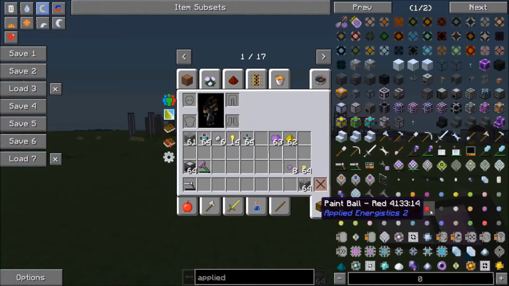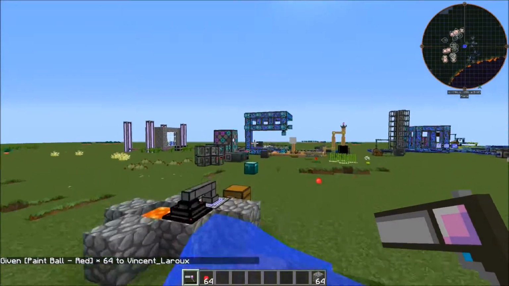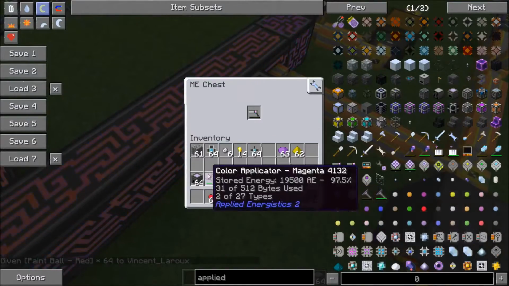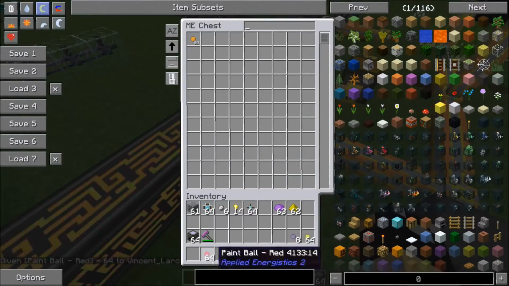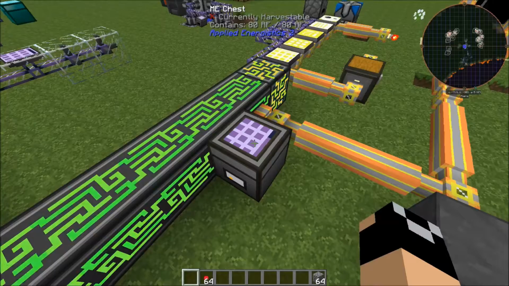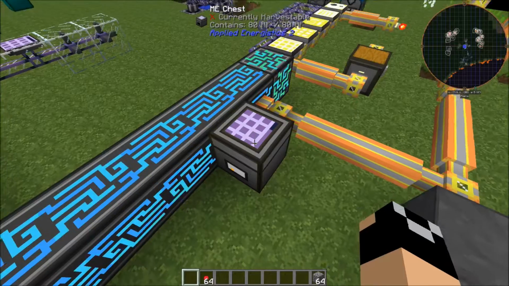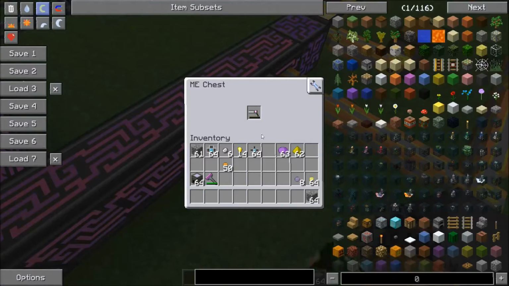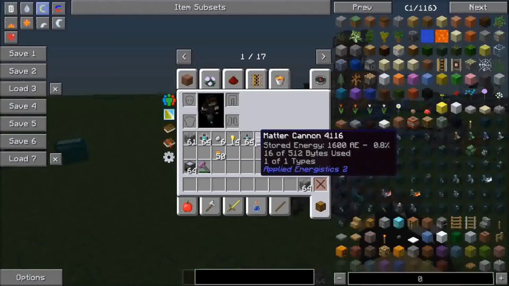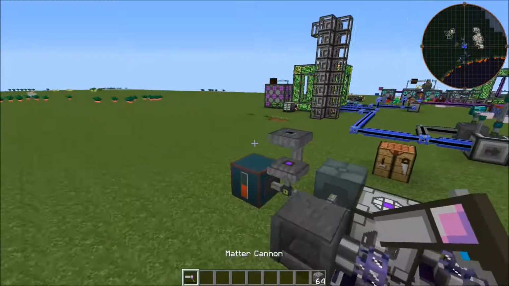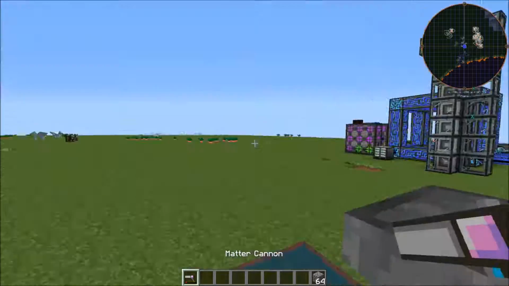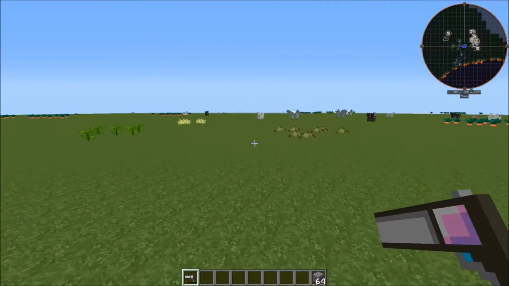So let me double check on that, and then we'll be done with the matter cannon. No? Oh, that's right, it's got paintballs that just needs charging. My bad. Okay. That's enough. So if we come over here,